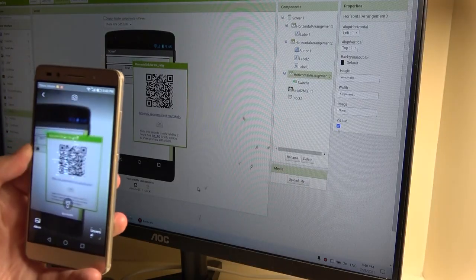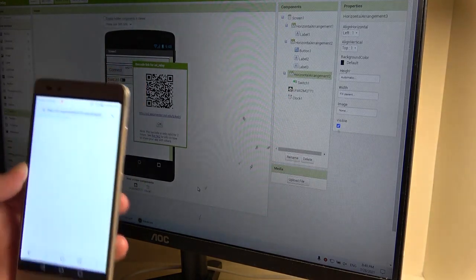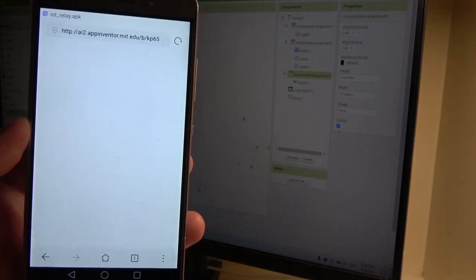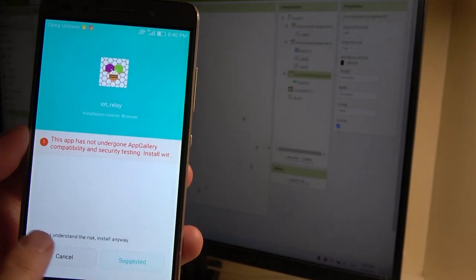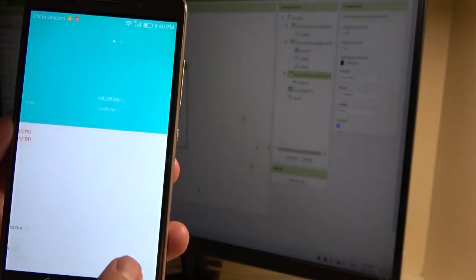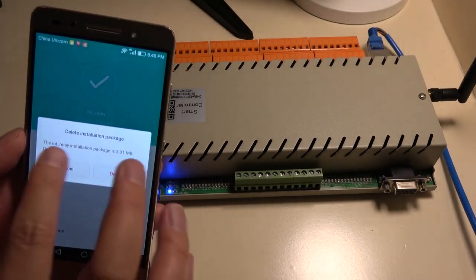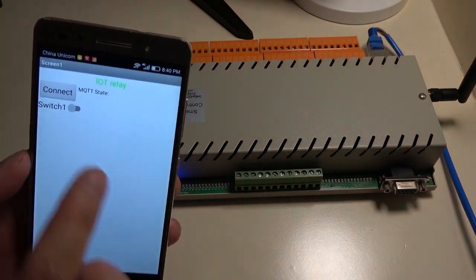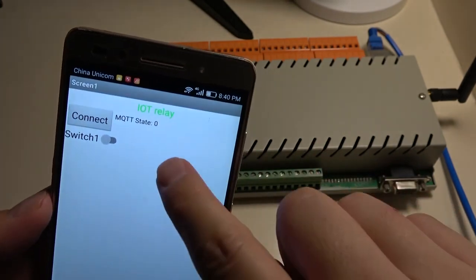We can use your mobile phone to scan the QR code, and you can download. And just install anyway. Okay, now the install is complete. We can open and delete this install file. And you can see this is our window. And when I press connect,